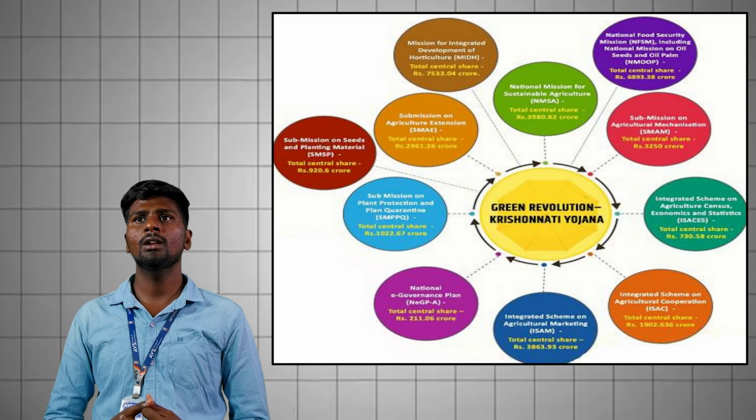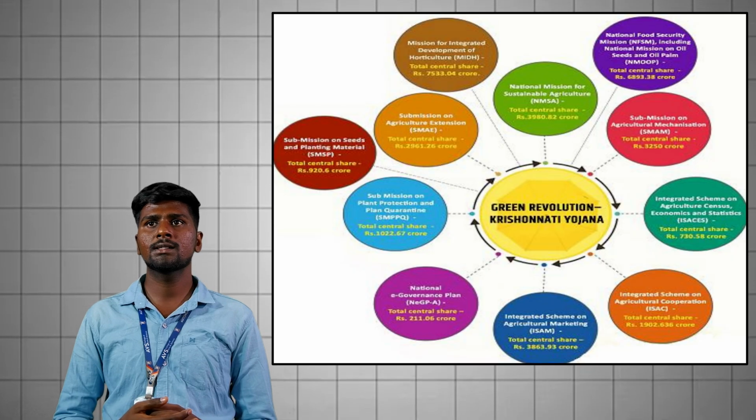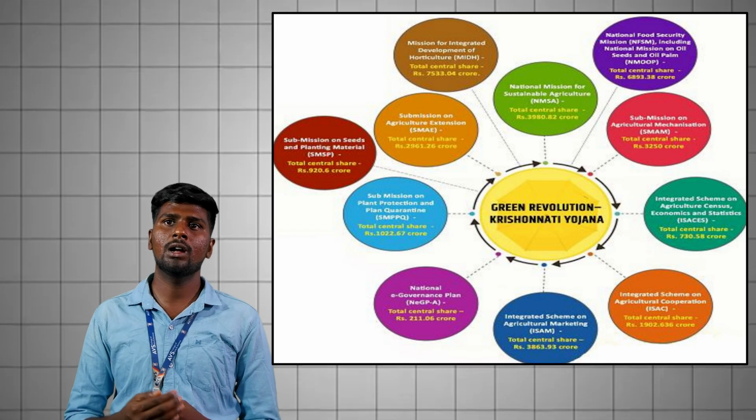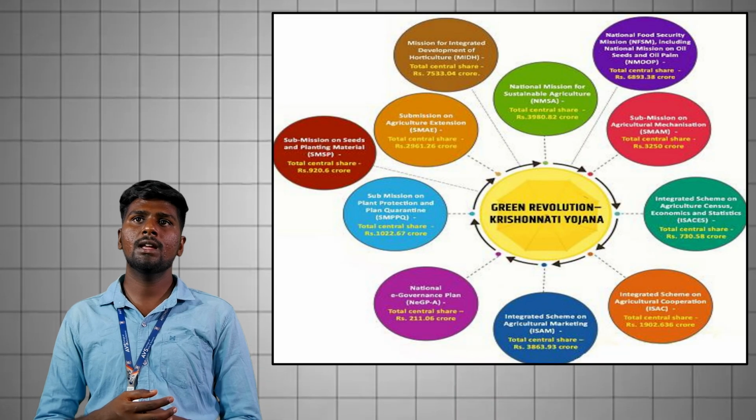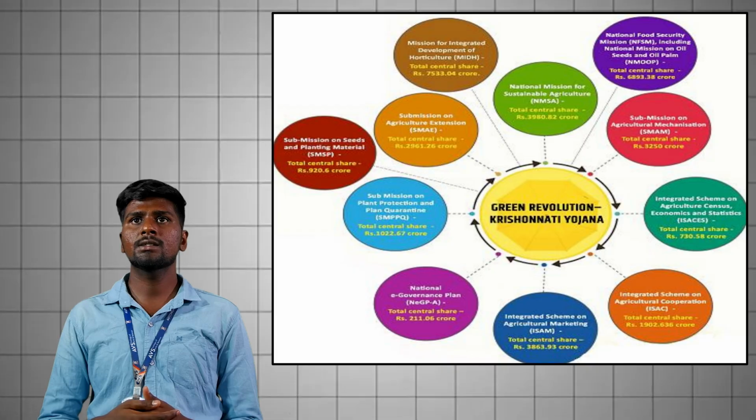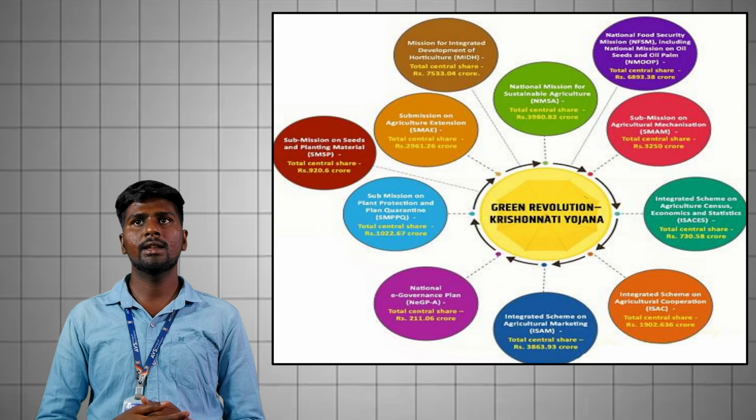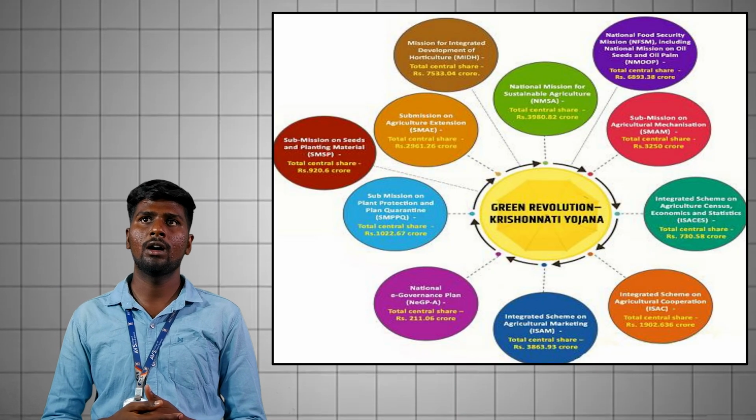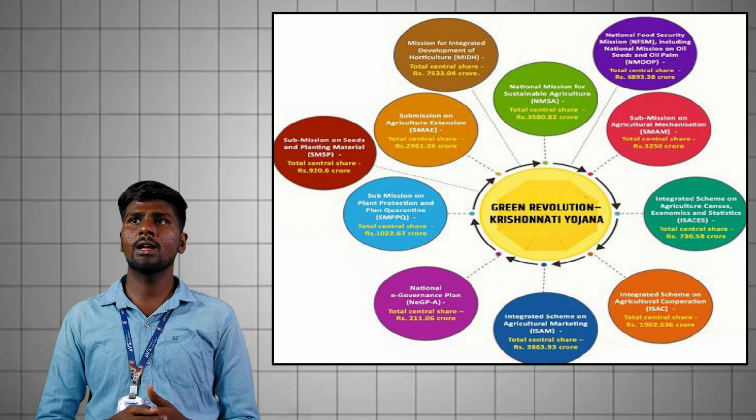Next, what are the schemes provided by the government? The Green Revolution Krishonnati Yojana. There are many schemes to cultivate and to help the farmers' health. First, we know the National e-Governance Plan. The next, Sub-Mission on Plant Protection and Plant Quarantine. Then Sub-Mission on Seeds and Planting Material, Sub-Mission on Agricultural Extension, Mission on Integrated Development of Horticulture, then sustainable agriculture, then Sub-Mission on Agricultural Mechanization,